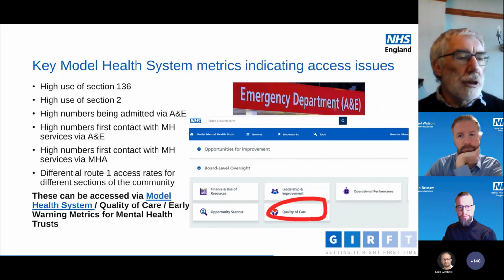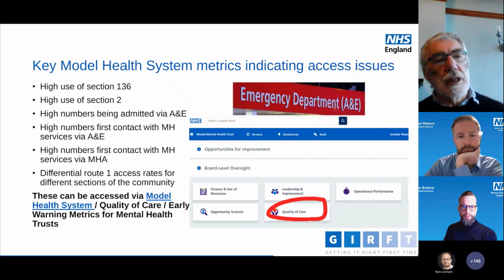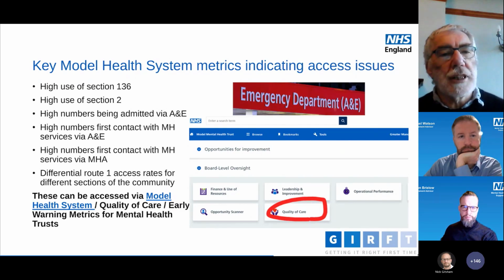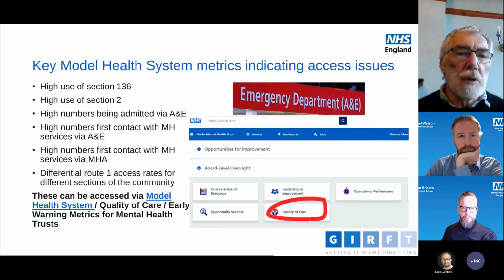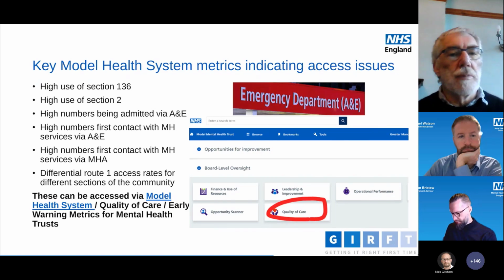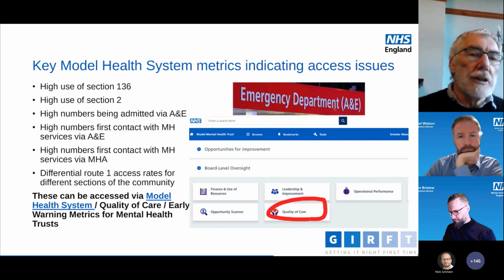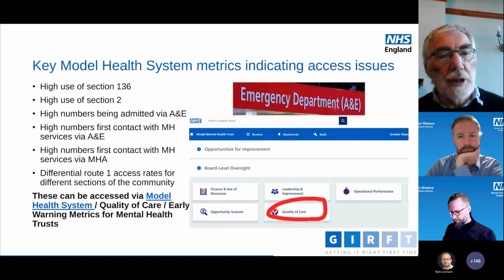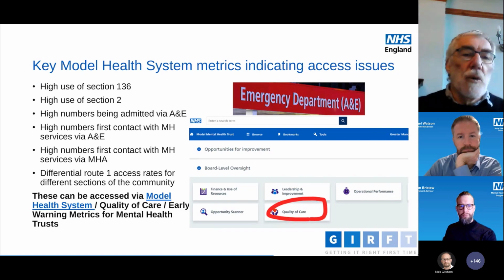High use of section 2. The vast majority of people who get admitted to hospital are already well known to services. So why are we bringing them in for assessment? Why are we saying we don't know whether or not they've got a mental disorder, or a mental disorder that requires treatment? And why is it not honest to the people that we're bringing in, because what they invariably find is they almost certainly end up in treatment, and it's not honest about where we are. And so we need to be looking at that.